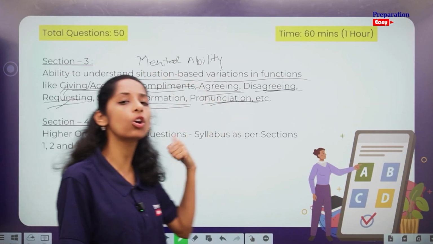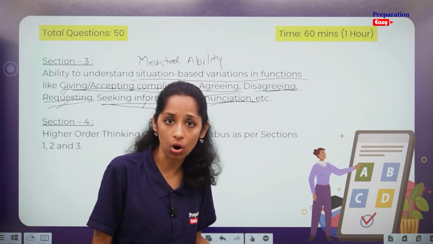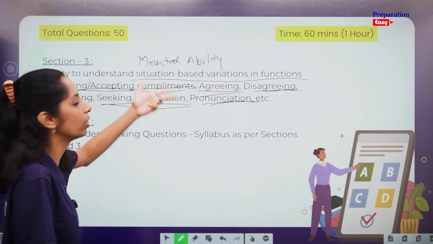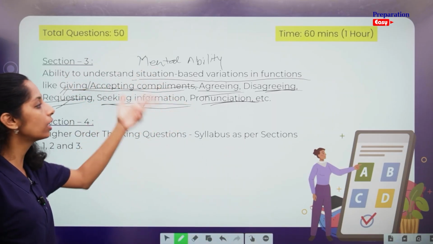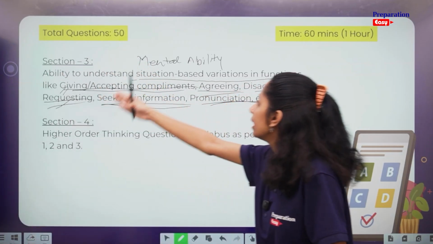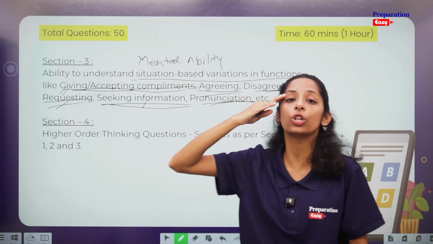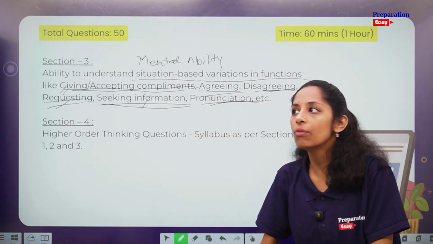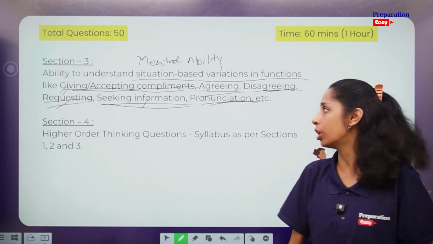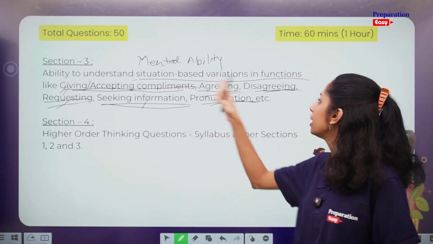How? It is making your vocabulary strong, right? It is making your reading and understanding strong, and it is making your communication very good, right? It is making your communication strong. So yes, this is section 3, and section 3 is about understanding your mental ability. So the exam will be checking the mental ability of the student to understand the situation based variations in